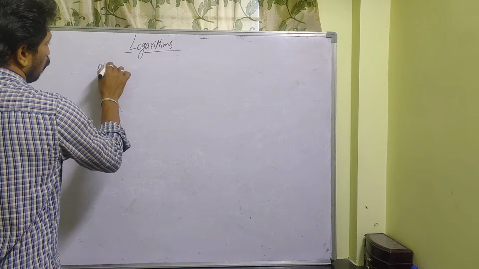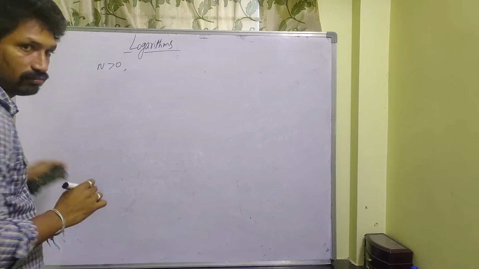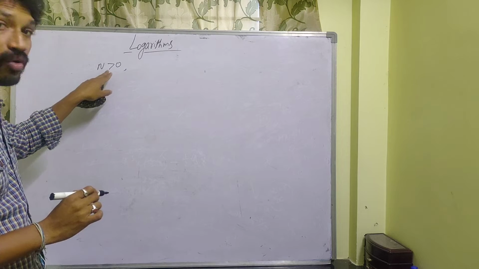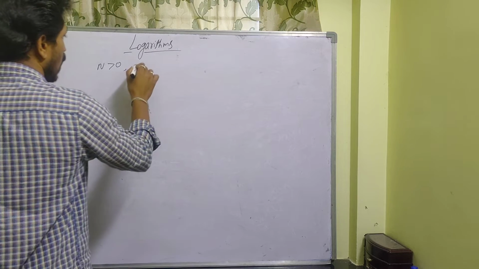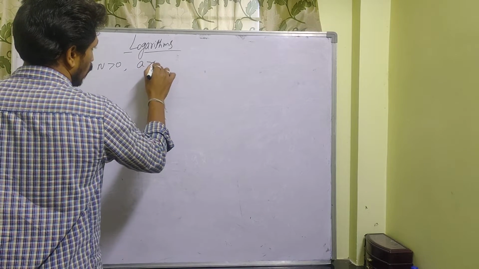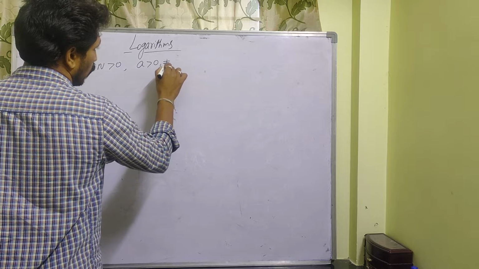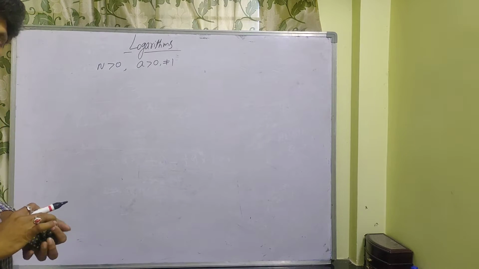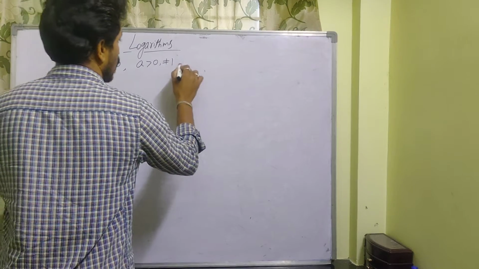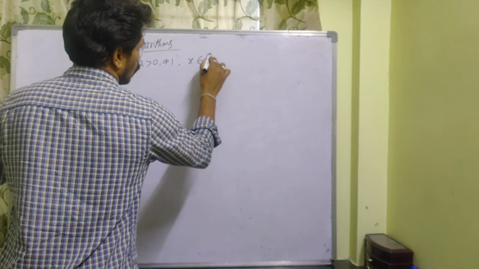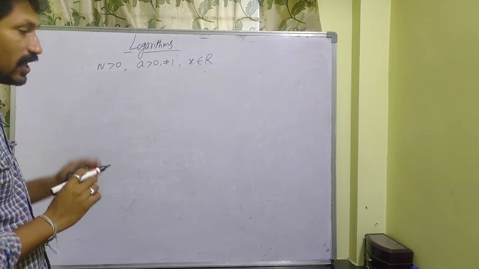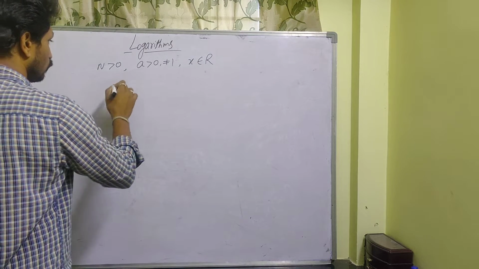n is a positive real number, so you can read this as a positive real number. And a is also a positive real number but not equal to 1. And x belongs to any real number. Then